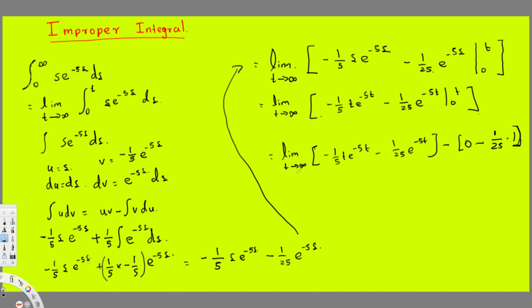So let's plug in this infinity and see what happens. If I plug infinity for this one, e power minus infinity is going to be 0. So this is not a problem. But here, because t approaches infinity, this is going to be infinity, and this is going to be e power minus infinity, which is 0. The e power minus infinity part is not a problem, but this is a problem right here,